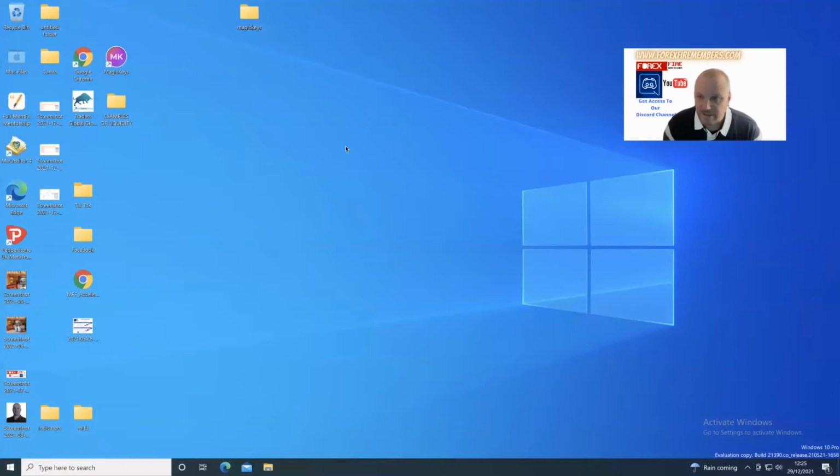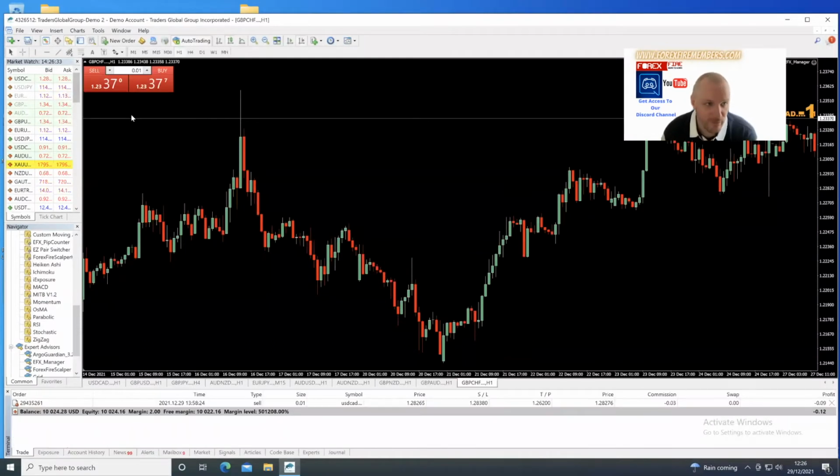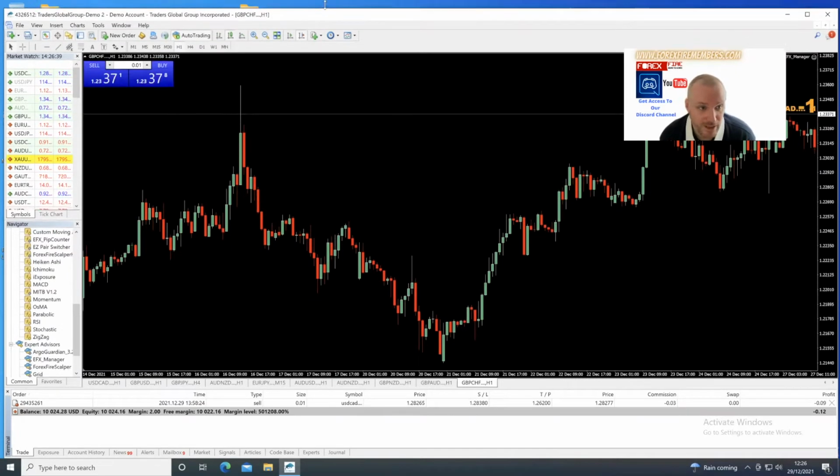Hi guys, and in this little chapter we are going to be going over the MT4 and how you log into your account. So by the time you have downloaded your MT4, you can easily find this by again going onto a Google search, type in the broker's name and then put MT4, and that will just bring up the MT4 platform for that particular broker. Okay, from there, once you've got it all installed, you just simply open your MT4 icon up with your broker,